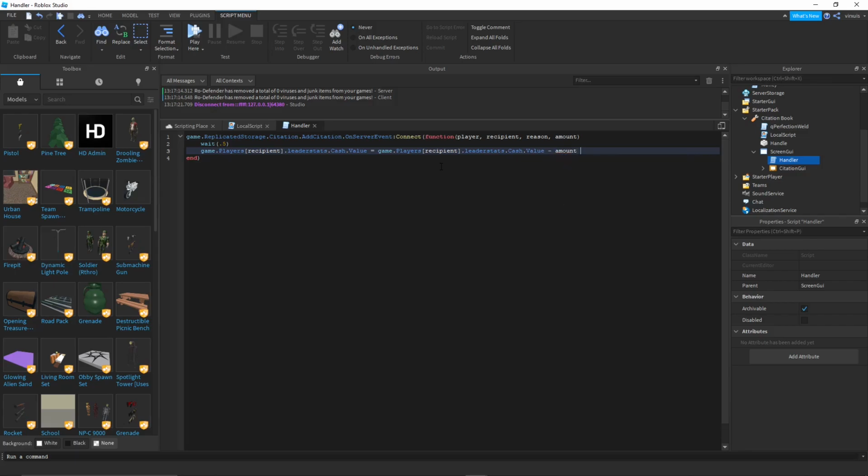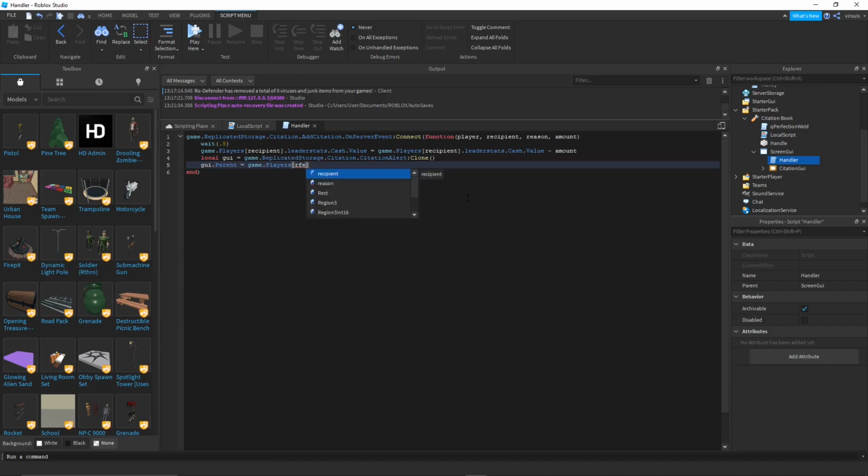Then we are going to do local GUI equals game.ReplicatedStorage.Citation.CitationAlert. This is where our GUI comes into play, and then we're gonna do clone. So basically it will be cloned and then it will be parented to the player. GUI.Parent equals game.Players[recipient]